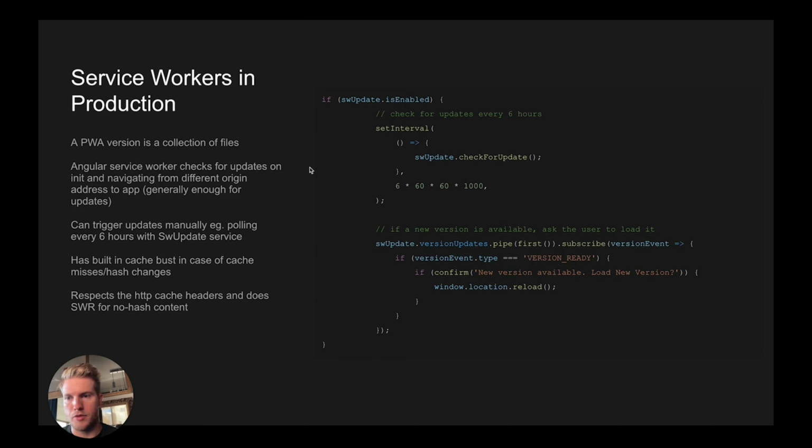And that's generally enough for updates. Generally, you don't need to do any extra stuff for triggering updates. But if you still need to, you can set up something like a polling mechanism, like the setInterval here, where you, for example, check for updates every 6 hours. And it will try and see if there are updates, or it will then fetch the latest version. So if there are updates, it has built-in cache bust